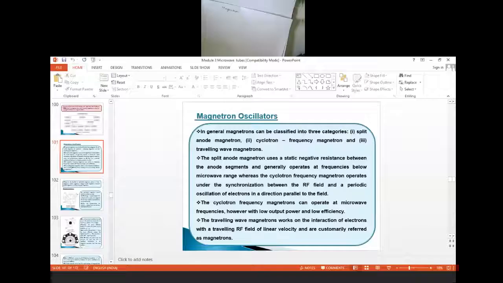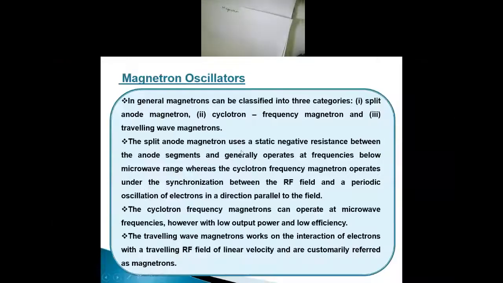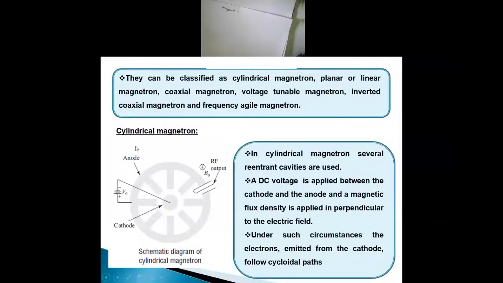Okay, that's about the magnetron. We can have different types of anodes used in the magnetron, and based on these, there are different types of magnetron. In one type, the structure of the anode looks cylindrical, so that's why it is called a cylindrical magnetron, or we have a cylindrical cavity inside this particular magnetron.